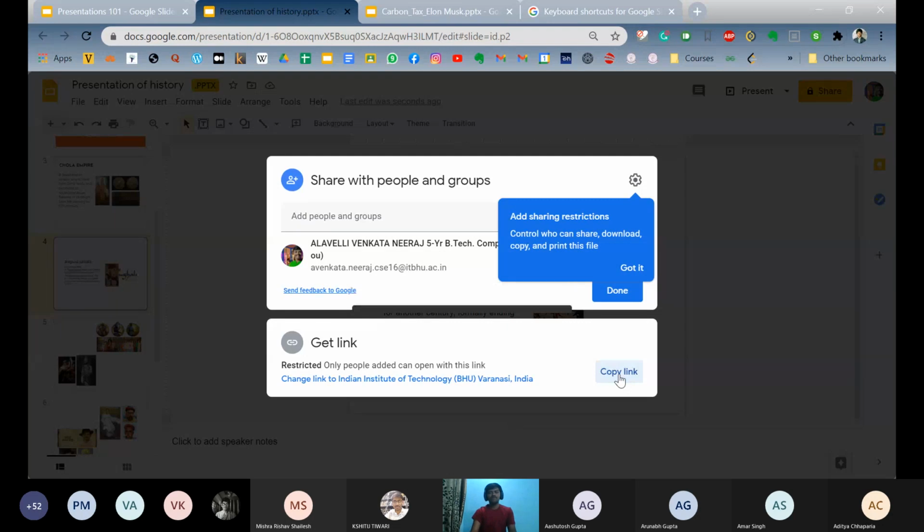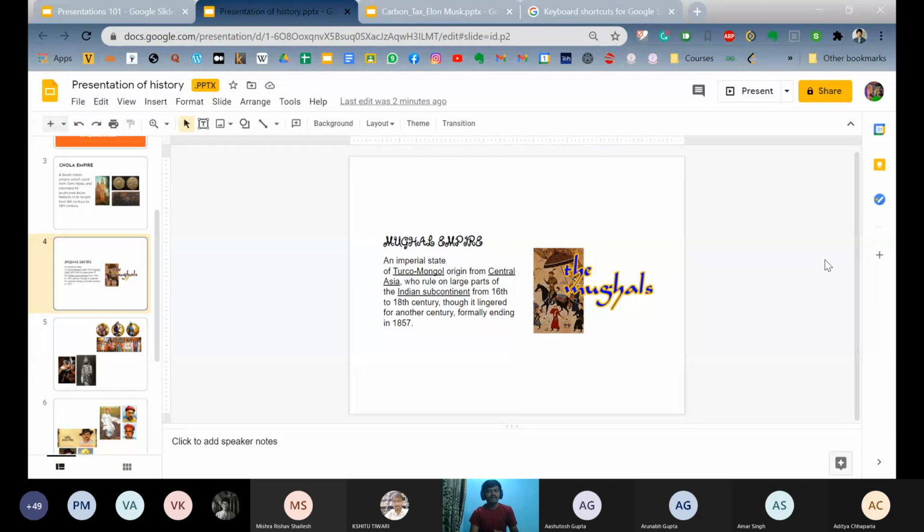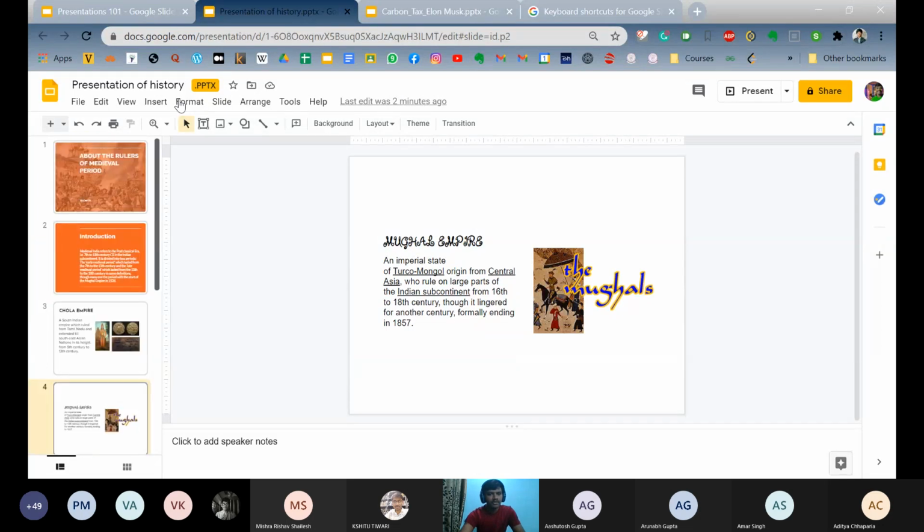While sharing through a link, you will have the options to give edit access, view access, or comment access. The same applies while sharing through mail ID: you can give the other person edit access, comment access, or view access. All right. Any more questions?